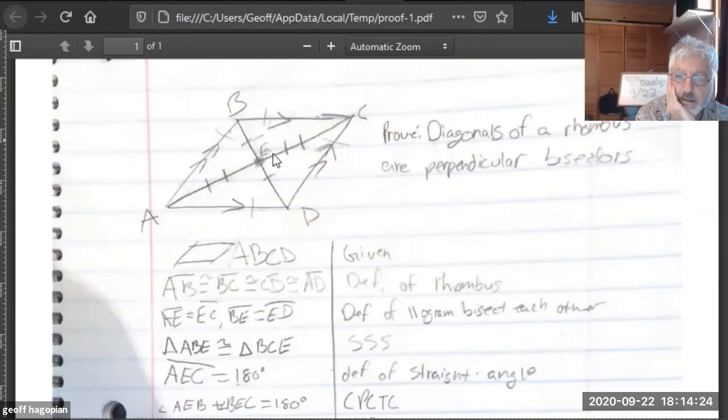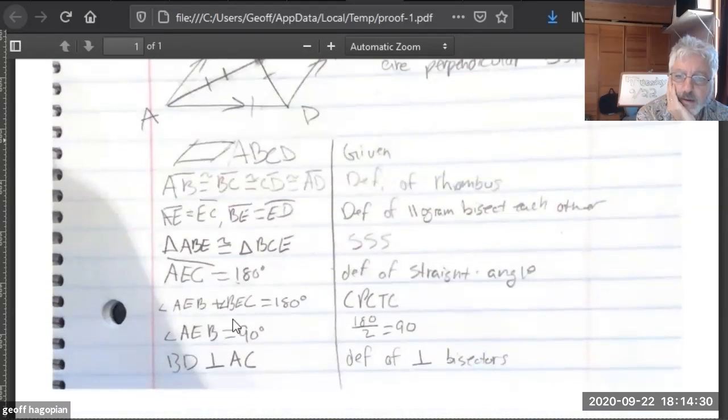So you would say that angle BEA equals angle BEC because those are corresponding. So I would say that, but that's not what you're saying here, right? So then you say angle AEB equals 90 degrees. Yeah, so I think that what you want here, and I didn't really catch this the first time I read it,